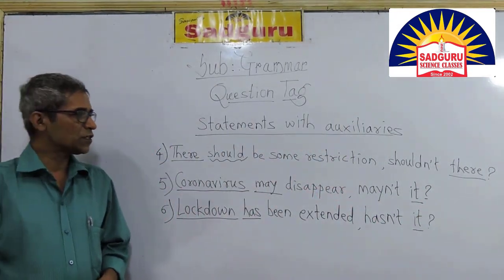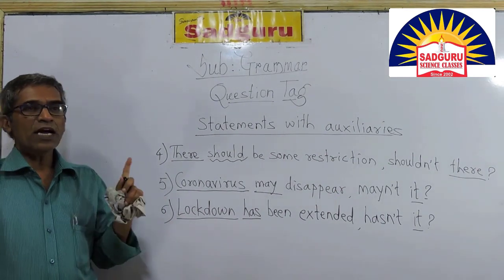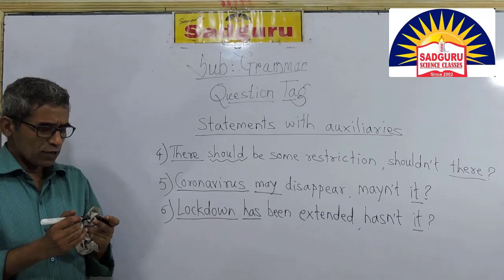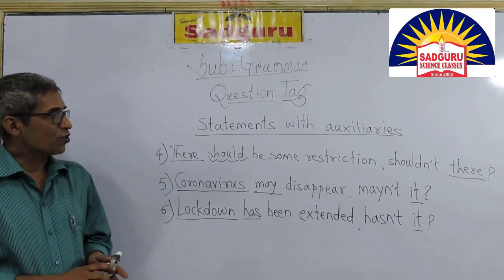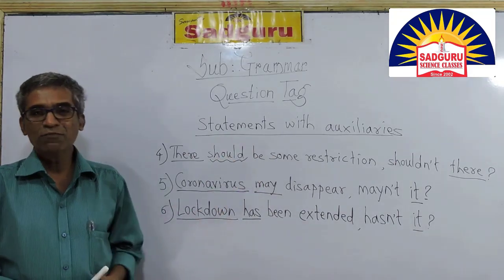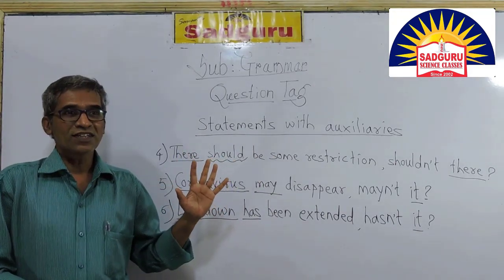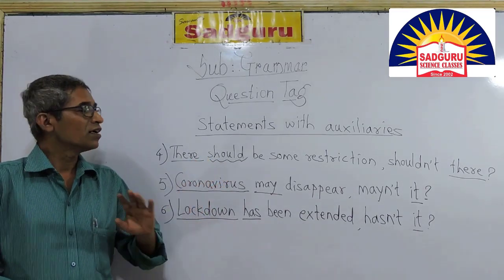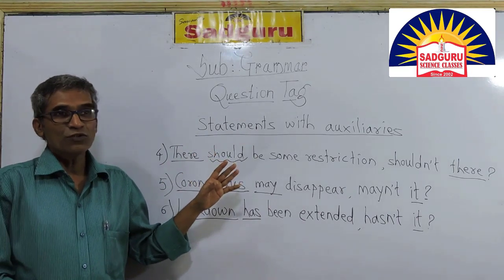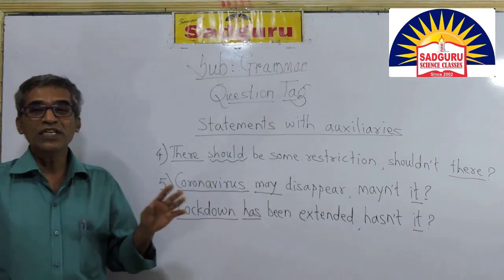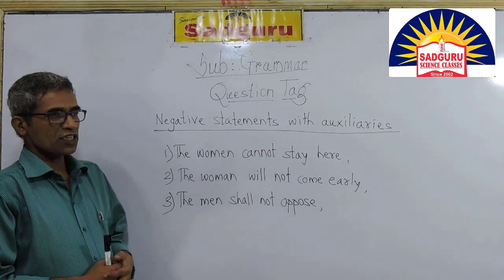I think you understand. And before we move to the next, let me remind you one more thing. When you are making a question tag, try to know the basic things, for example, auxiliaries and subjects. As subjects, if you know 8 words, you will never make a wrong question tag. If you know the 24 auxiliaries, your question tag will never be wrong. Students, let's move to the next examples.